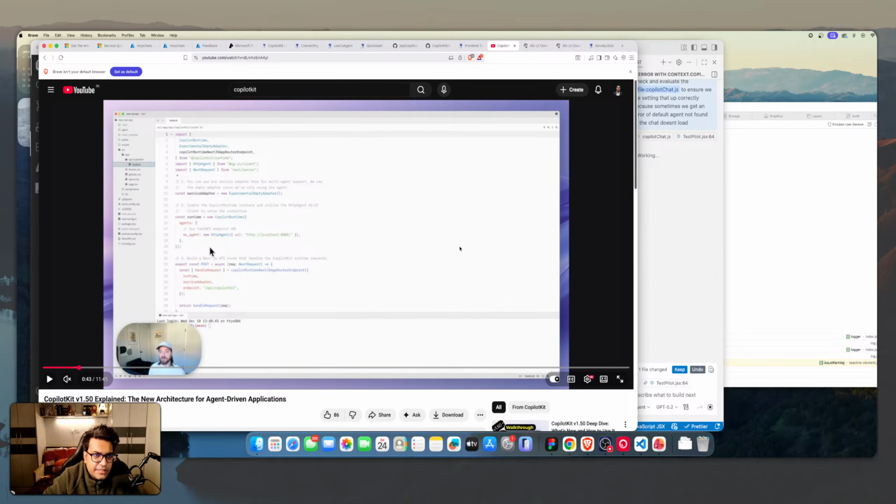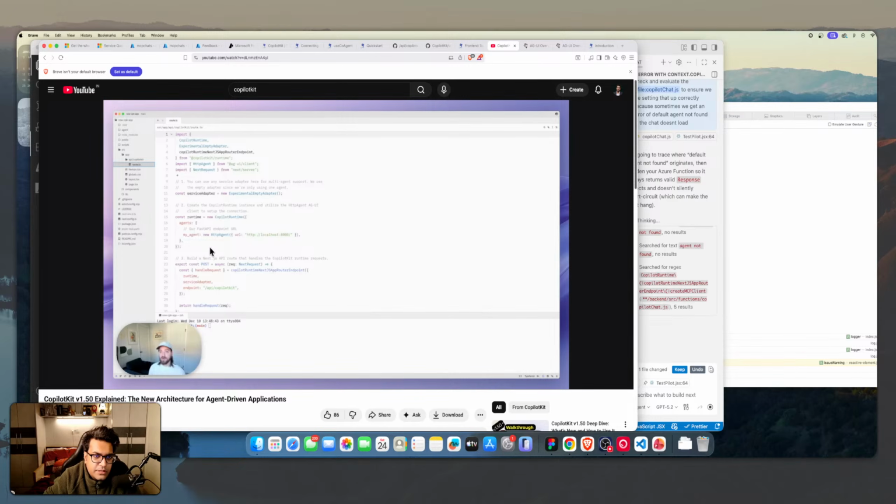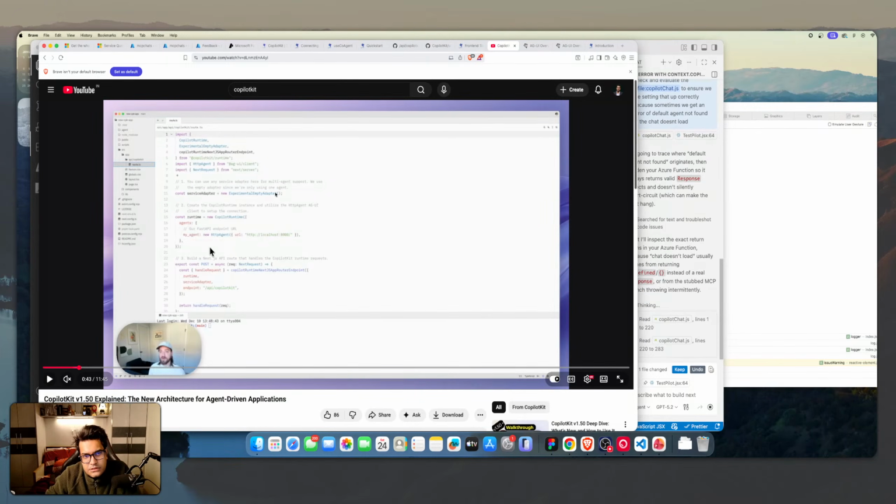These guys, HTTP and exchange next to server, experimental empty adapter. You can use any service adapter here for multi-agent support. We use the empty adapter since we are only using one agent. If I use experimental empty adapter,